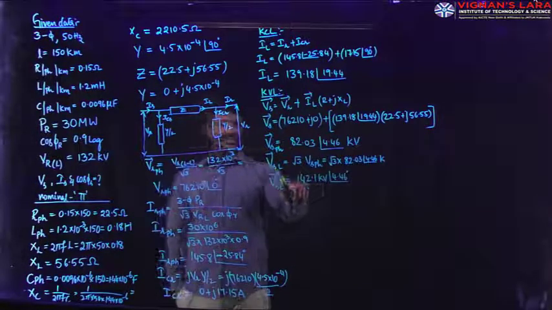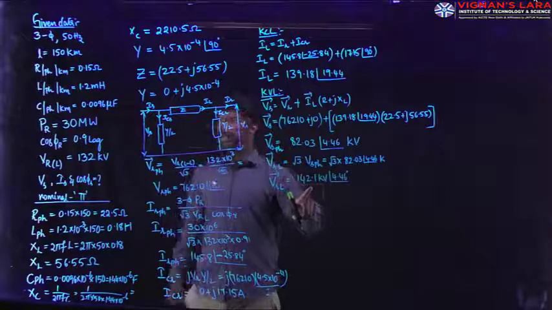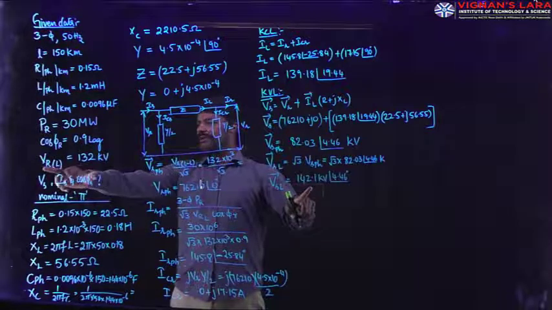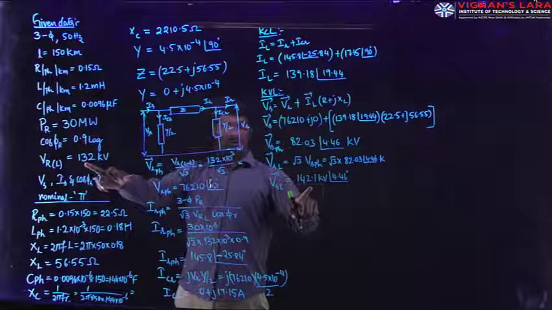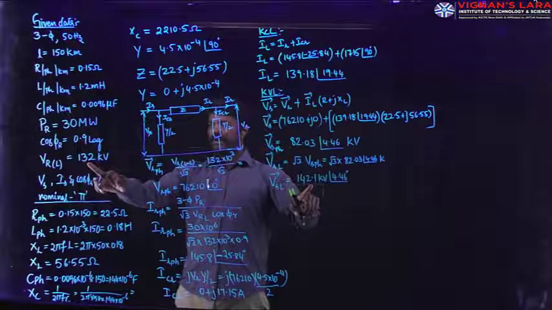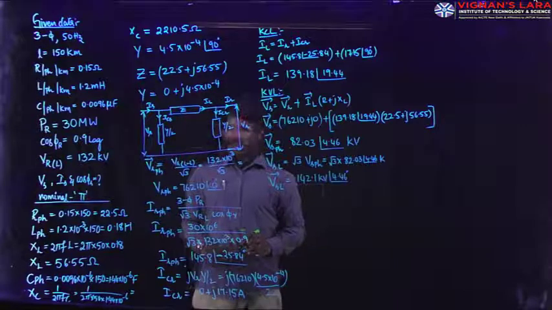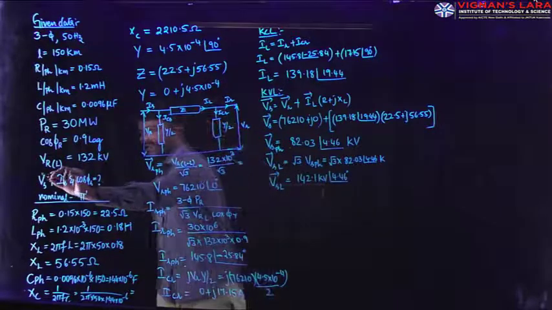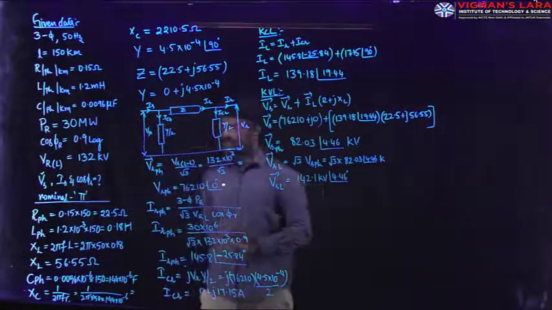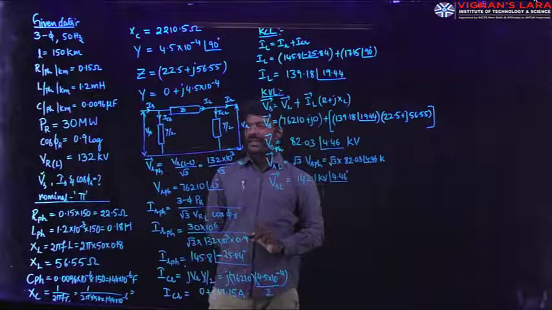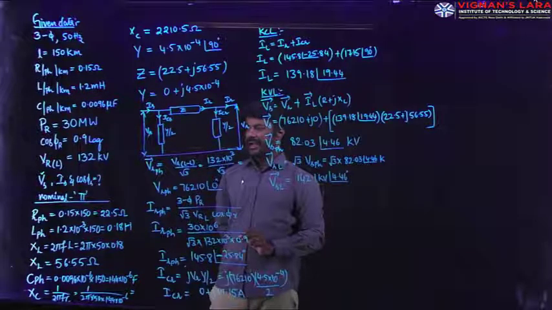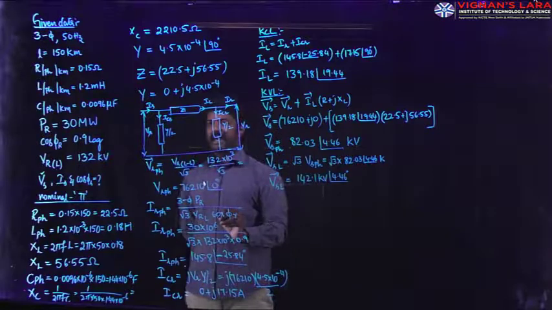How much are we injecting? 142.1 kV. But the load side receives only 132. The remaining voltage is observed to be dropped across this impedance called Z. Okay. And next, the first quantity is calculated, what we call Vs. And the second quantity Is is to be calculated in this pi network. Then how to get this Is?